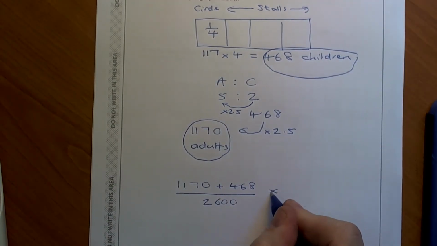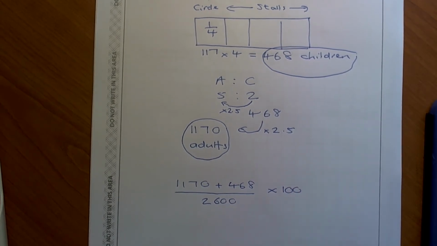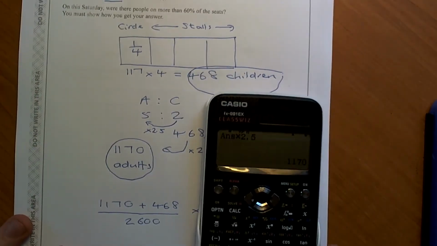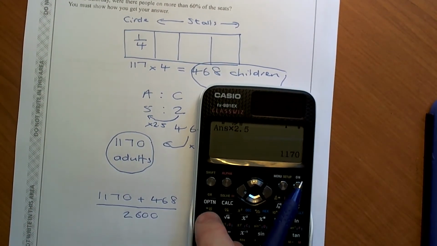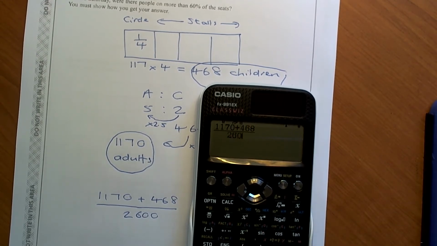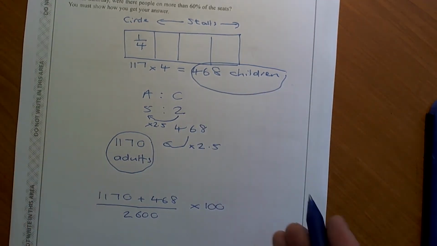And then if we times that by 100, that will give us the percentage of the theatre that's filled. So if we type that all in one go on the calculator, we're going to get 1170 plus 468 over 2,600, arrow to the right, times 100 equals, and it comes to